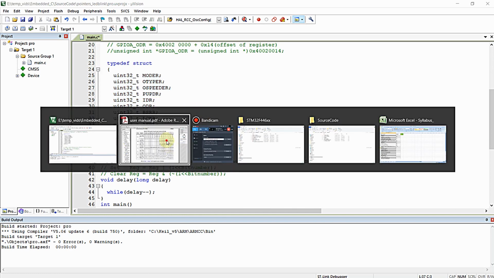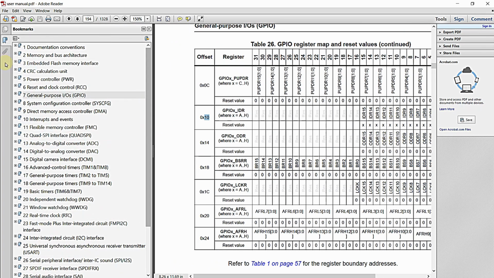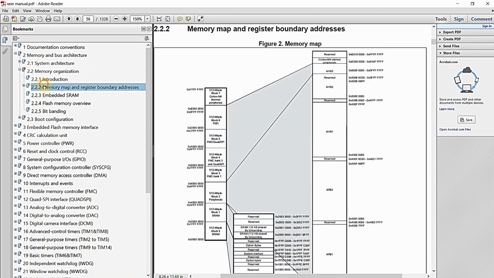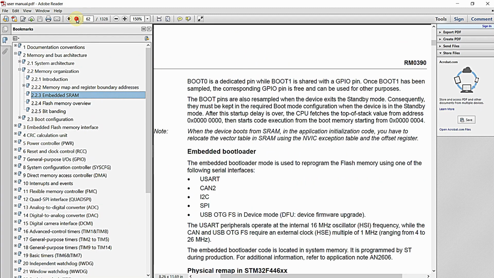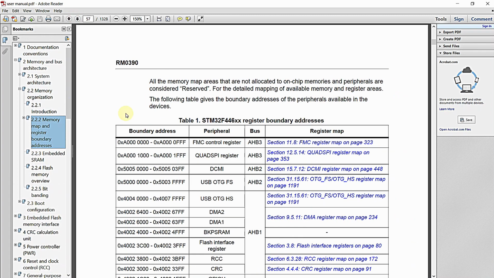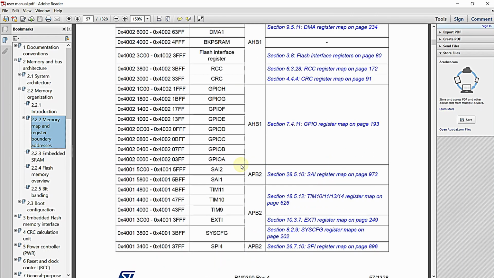So we successfully declared GPIO peripheral structure. So now I just want to find the base address of the GPIO-A. So coming to the memory bus architecture, memory organization. You can see in this table register boundary addresses, you can find the GPIO-A is available at the base address of 0x40020000, and GPIO-B is available at the base address of